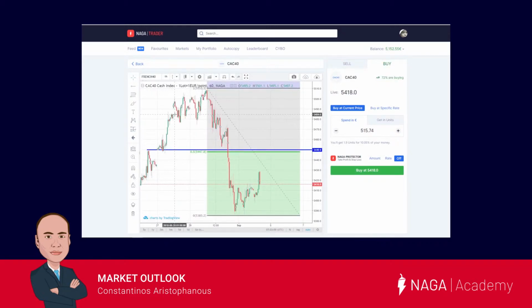Our third instrument is the CAC index. The French index has made a top at the 5,510. Since then, it has corrected to the downside only to make a bottom at the 5,380. It is currently correcting back to the upside, and we're expecting the CAC index to find major resistance at the